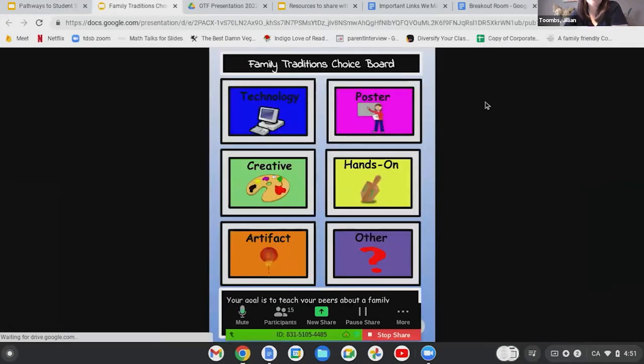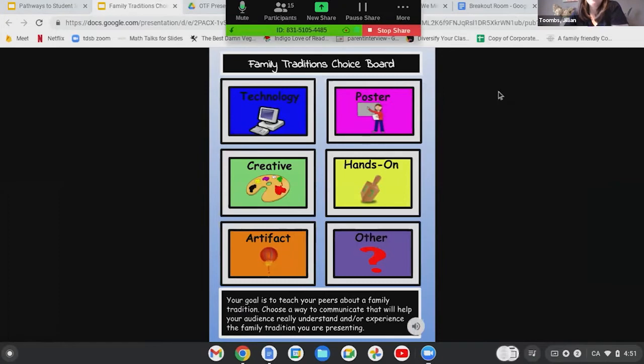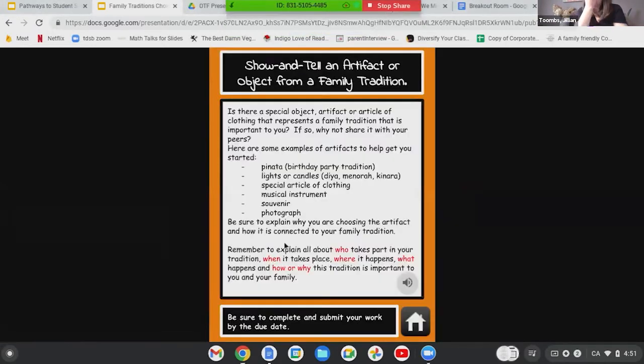The other cool thing you're getting with this lesson is this choice board. It can be presented in person, and it also works virtually. It has a variety of ways that students might choose to share their tradition with the class, so posters, maybe using tech. My classes in the past have really loved the artifact choice.